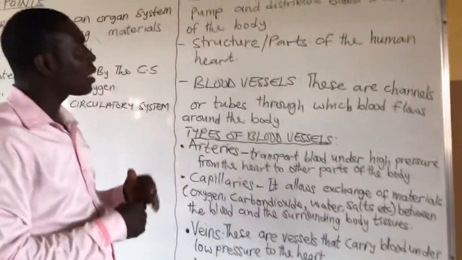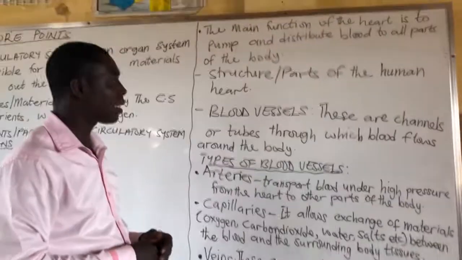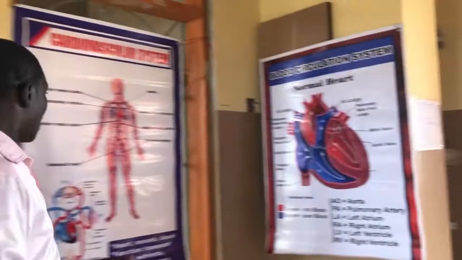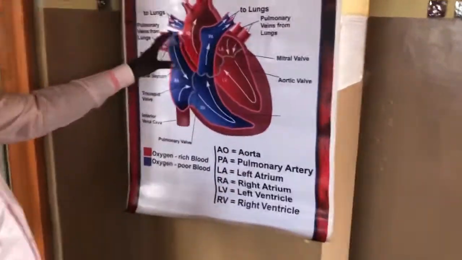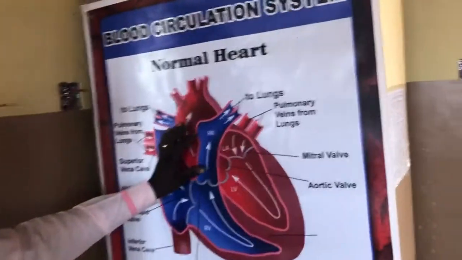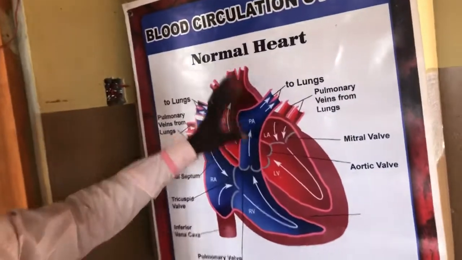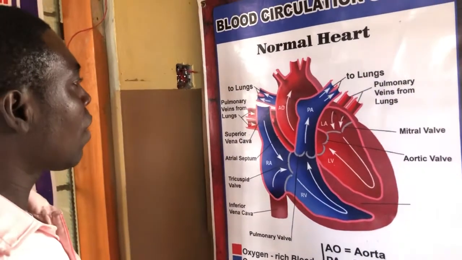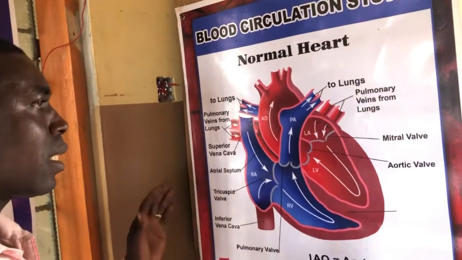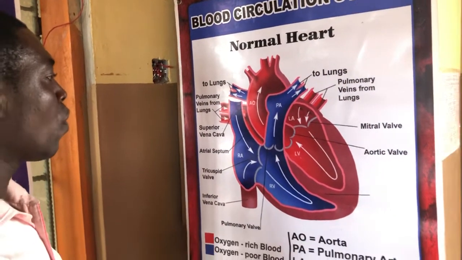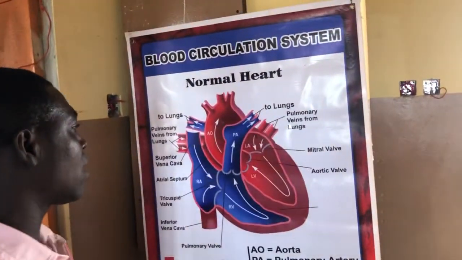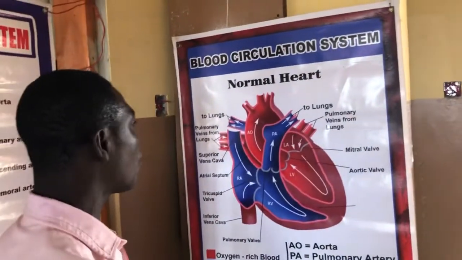Now we have the structure or the parts of the human heart. Now please help me to explain the parts of the heart. Now this is the normal heart, which looks like a pear shape. Now this is just a cross section or the sectional view of the heart. It means that when you cut the heart into two parts in a cross section view, this is